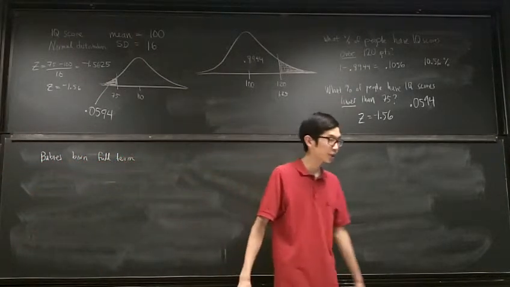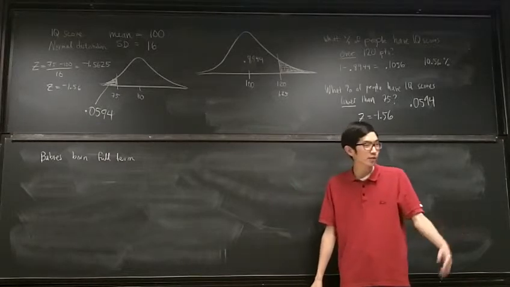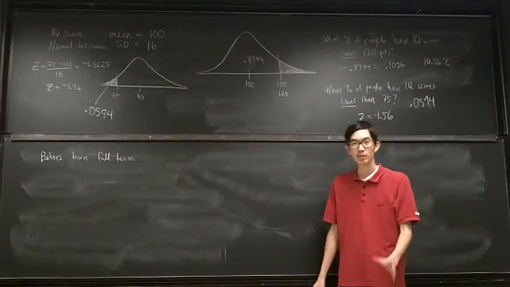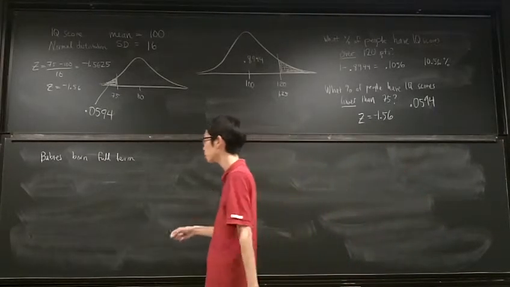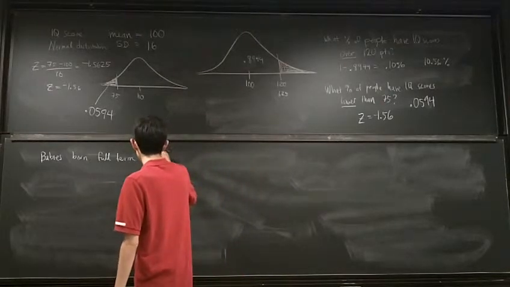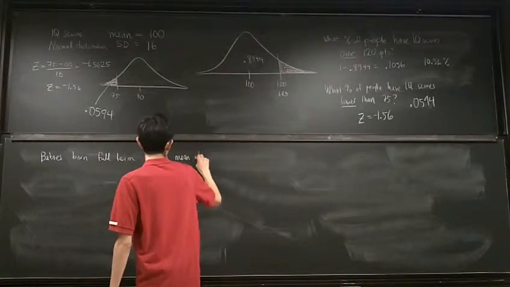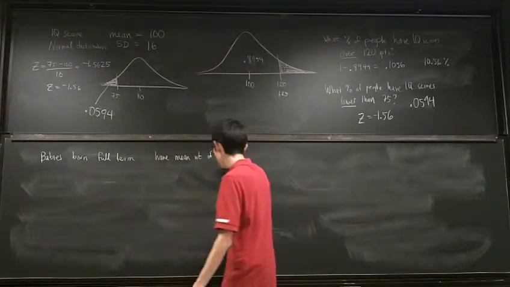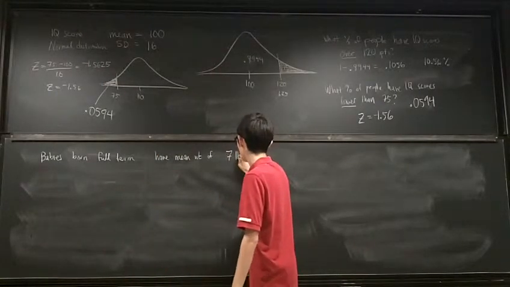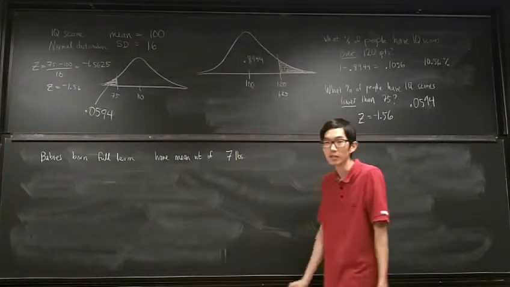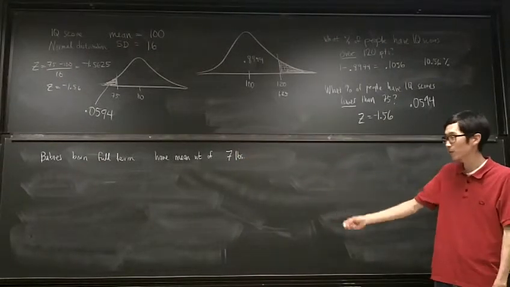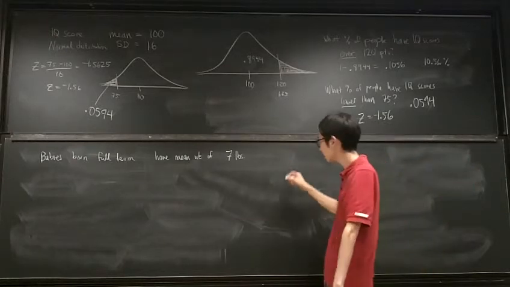So babies born full term, on average, does anyone know the average weight of a baby? Around 7 pounds. Okay, so we'll just keep it simple. We'll say they have mean weight of about 7 pounds. That's the average for babies born full term, and the standard deviation